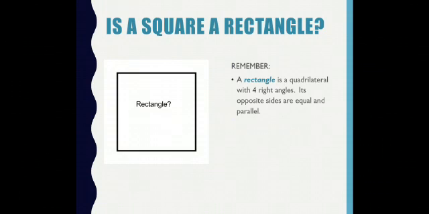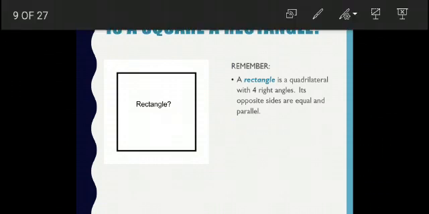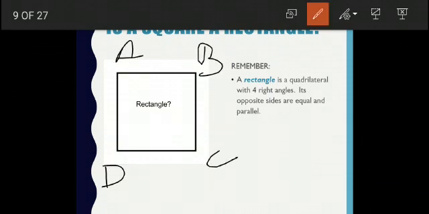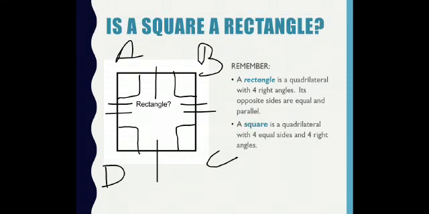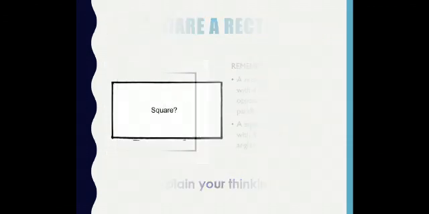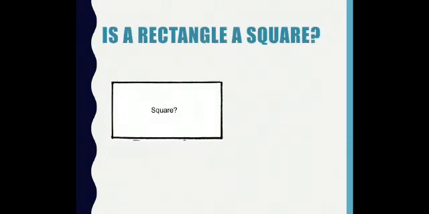And yes, you can see in a square the opposite sides are equal. And for a square to become a rectangle, it should have four right angles. Obviously, the angles in a square are of 90 degrees. And we have discussed the first property also, that the opposite sides are equal. Although in a square, all sides are equal, yes, we can say that opposite sides are equal. So a square is a quadrilateral with four equal sides and four right angles. So children, what we concluded from here is that yes, a square is a rectangle.